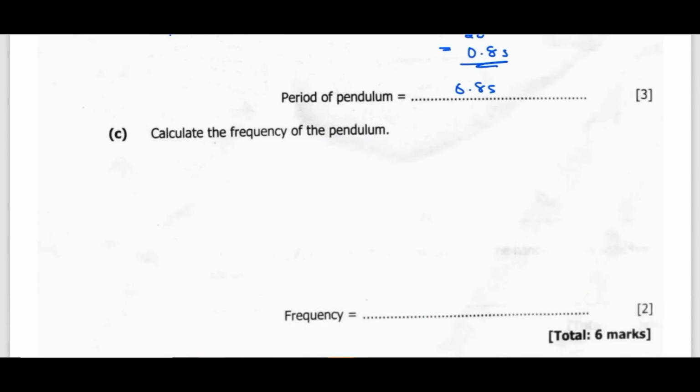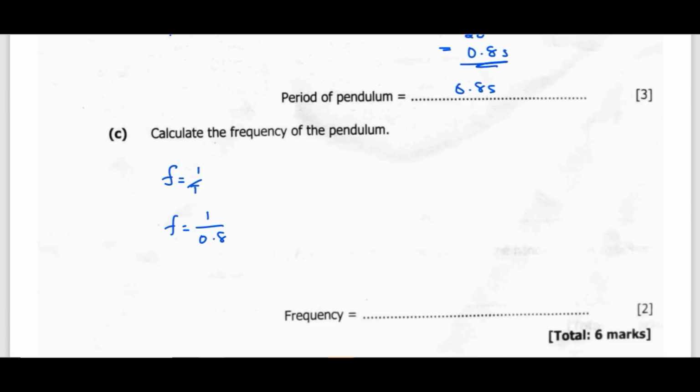So calculate the frequency of the pendulum. How do we calculate the frequency of the pendulum? We would say frequency is equal to 1 over T, where T, or time, is the period. So in this case, frequency is equal to 1 over